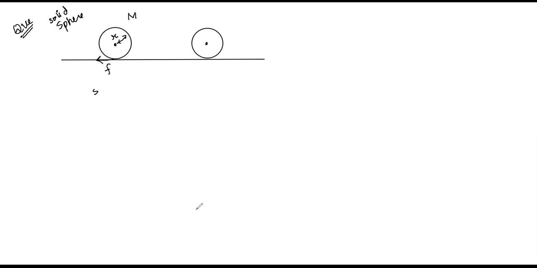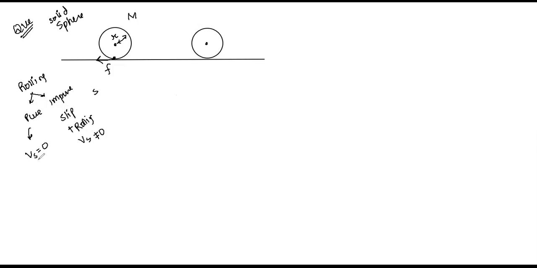Class, whenever rolling takes place, do you remember I told you all rolling is of two types? One is called pure rolling, the other is called impure rolling. Impure rolling means rolling is taking place, but at the same time the object is slipping also. So it's slipping plus rolling. In pure rolling, remember this point, the surface point has zero velocity. The same is not true whenever the object is slipping.